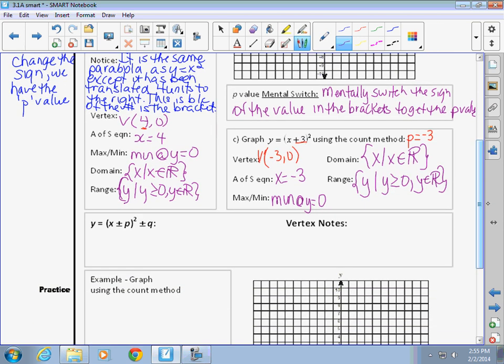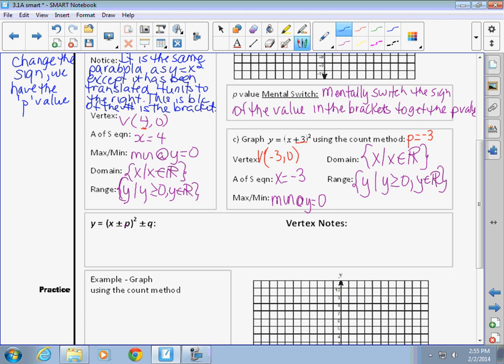So, taking a look at what we've done here. Our basic equation was y is equal to x squared. Our translated or transformed equation is y is equal to x plus or minus p squared plus or minus q. And usually when we write about it or talk about it in general form, we just say y is equal to x minus p squared plus q. The signs don't really matter when you're saying it generally because you'll put in the proper signs when you write it as an equation. So what we know is this p-value here